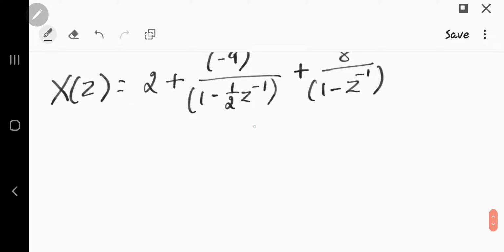Now, as in the previous case, this is similar to alpha to the power n into u of n, with 1 divided by 1 minus alpha z inverse. But looking at the ROC, which says mod z is greater than 1,